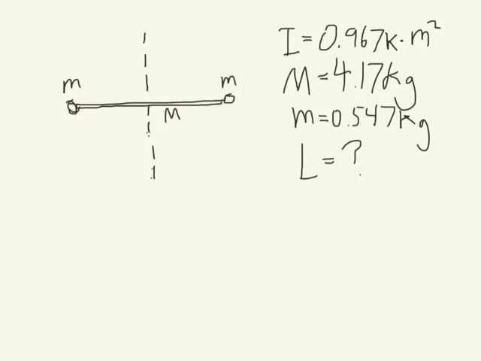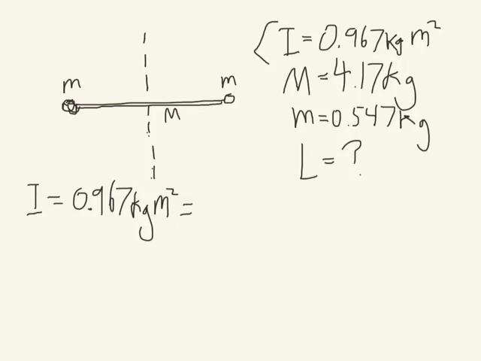What we want to do here is to come up with an equation for the total I value of this system, and then set it equal to the 0.967. What we know we can do is sum the different components here. So we'll just add up. We can say that I is the 0.967, and we can set that equal to